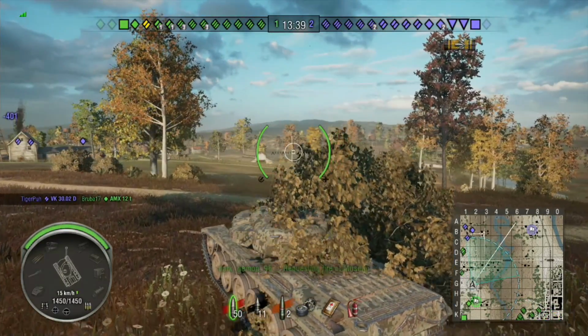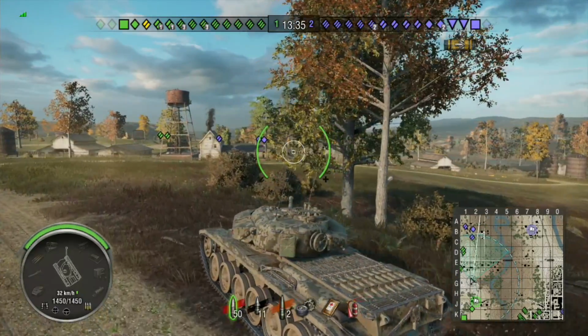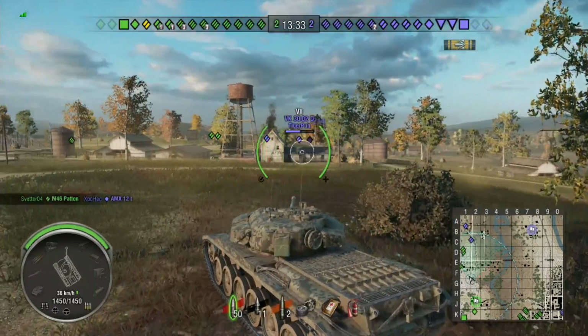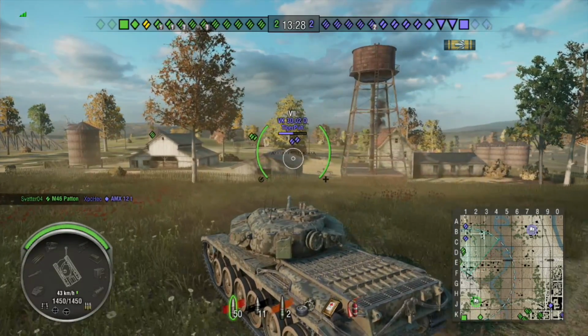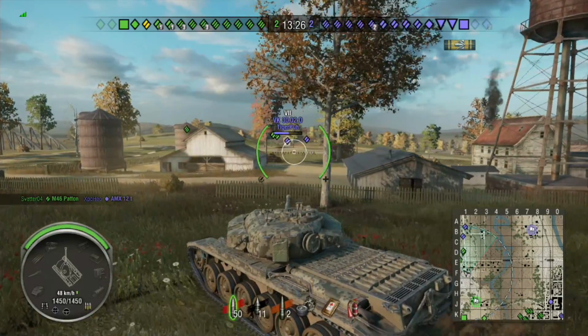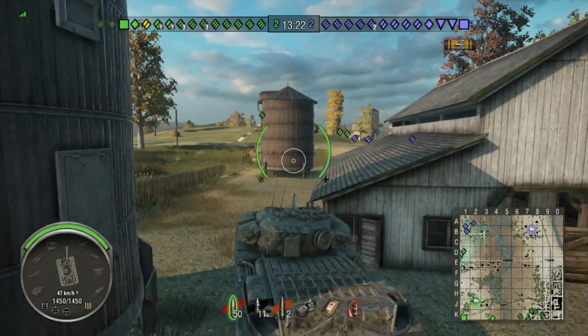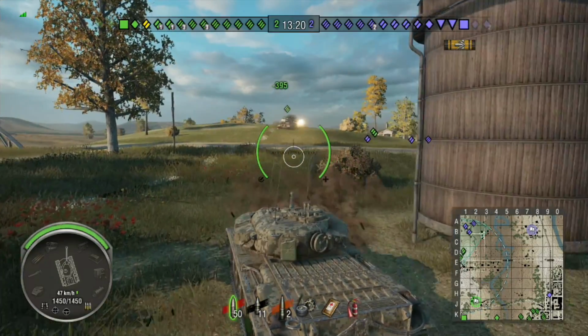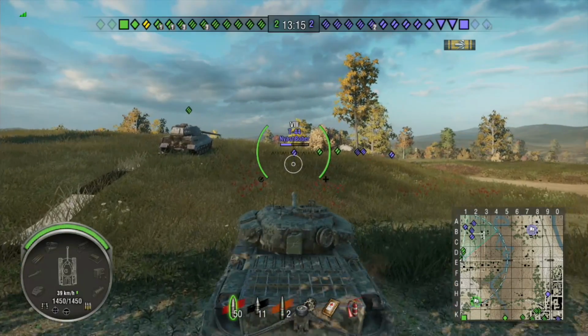It's got a good view range. Just like the Tech Tree one, 400 meters, and then with the coated optics instead of the vents, and situational awareness on there as well. And I think Brothers in Arms might even increase view range slightly because it increases crew skills. I can't quite remember how that works now. I'll have to look at that. But anyway, with the coated optics, 400 meter view range, situational awareness,